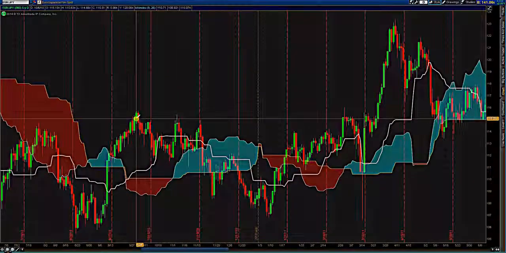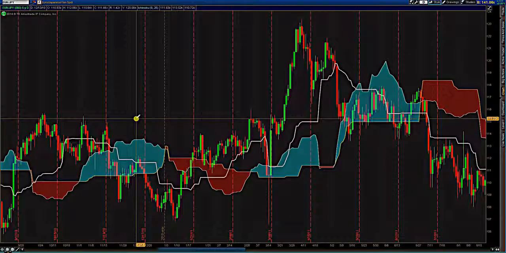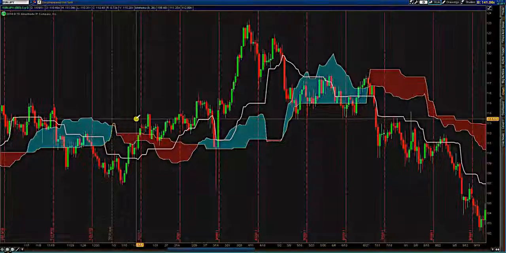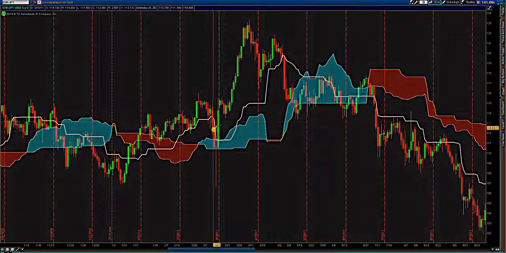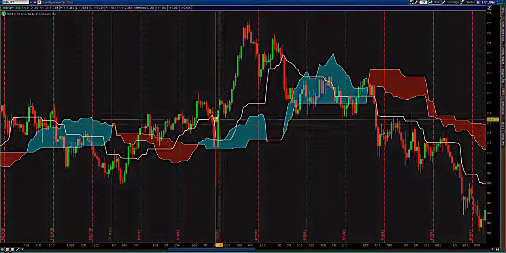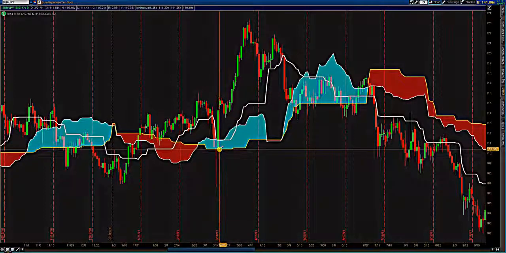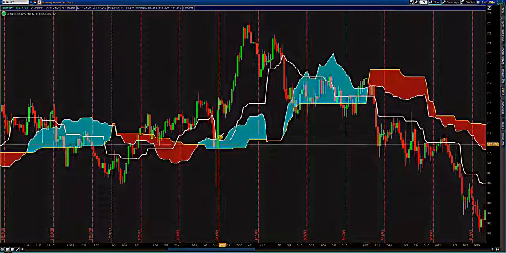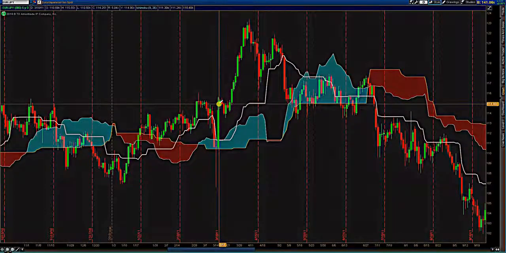Let's find another example where the Kijun-sen really made sense. And look here, price broke below the Kijun. However, we are above the daily Kumo, so our sentiment is bullish. So what we look for is a price break back above it, and we got that, a price break above the Kumo and the Kijun-sen. So if we would have taken a long at this price right here at 114.80,